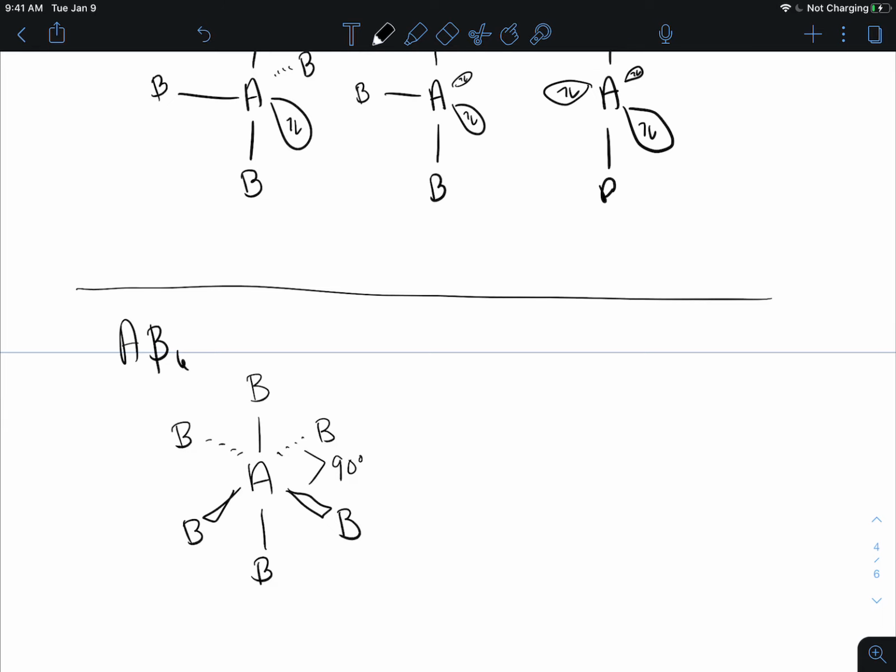Another way you could draw this to get the same kind of geometry is like this, and some people prefer drawing it in this way, but we still have those 90-degree bond angles all around. So this is what we call an octahedral geometry, and what we see with this is we've got